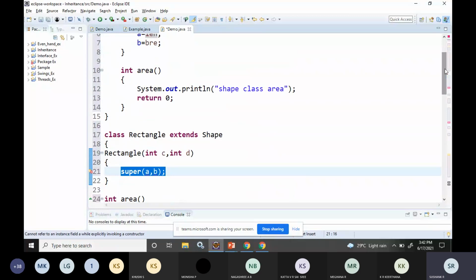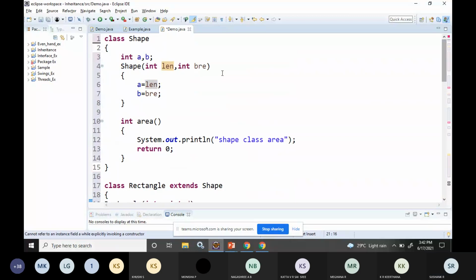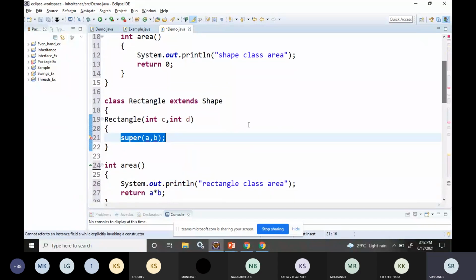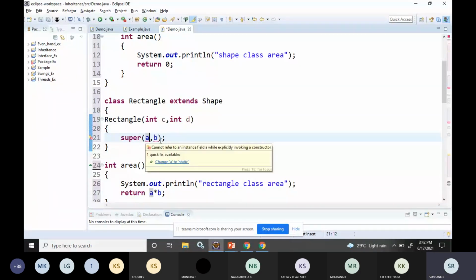It will look for the constructor in the superclass whose parameters match. If the Shape class contains a constructor with three variables, you should pass three variables. That is the terminology you should understand. So here it can be anything.